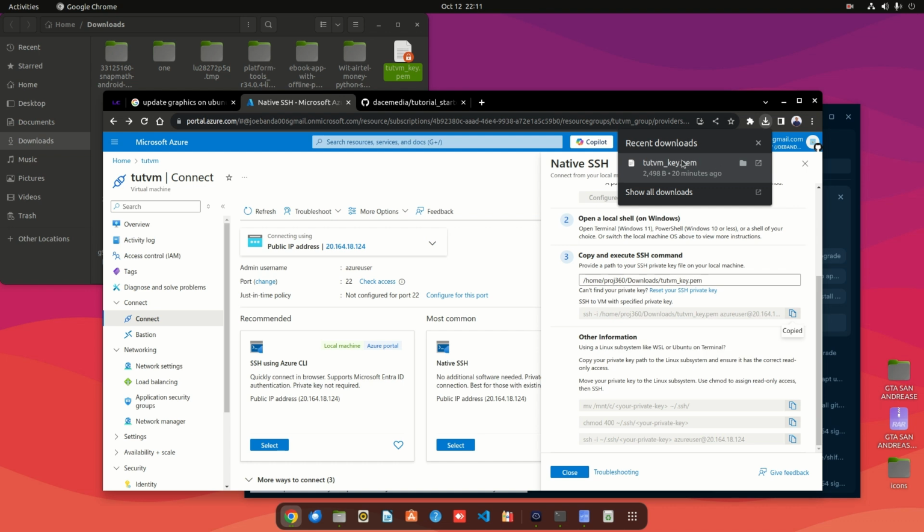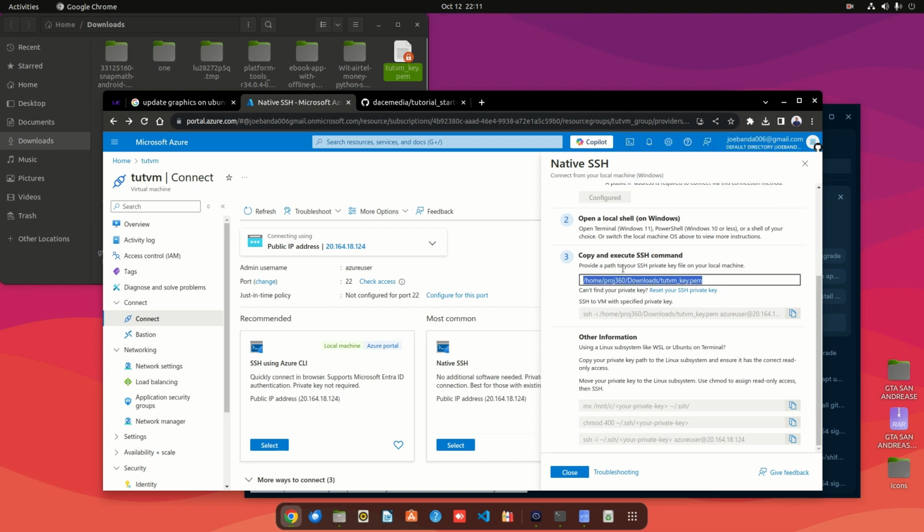This PEM file contains your private key. So this is where your private key is, and you have to locate the path, which in my case is here, and define that path here. So once that path is defined here,